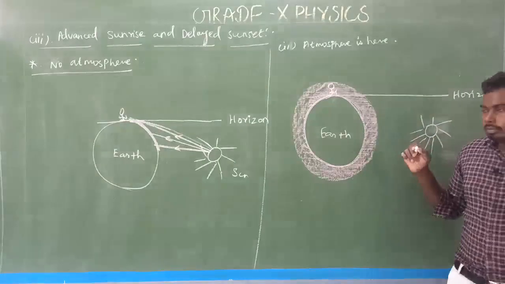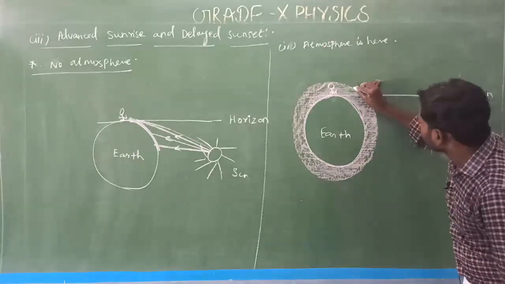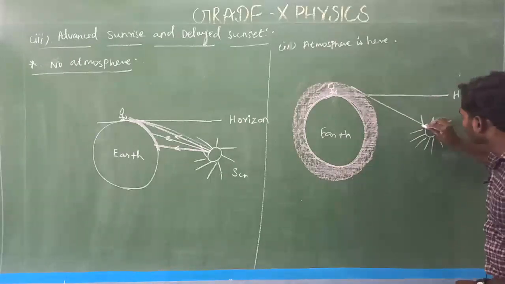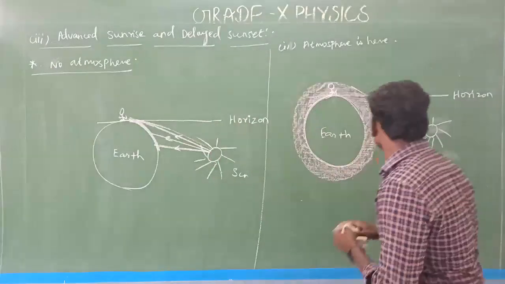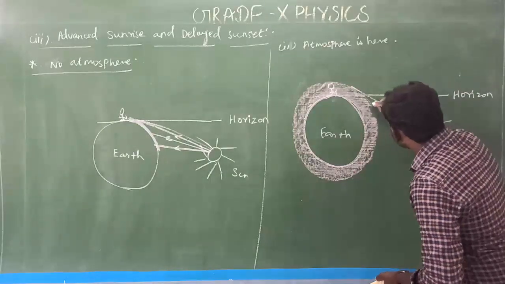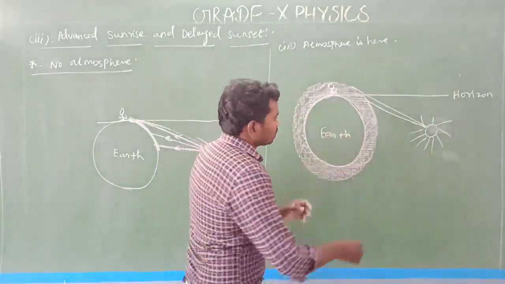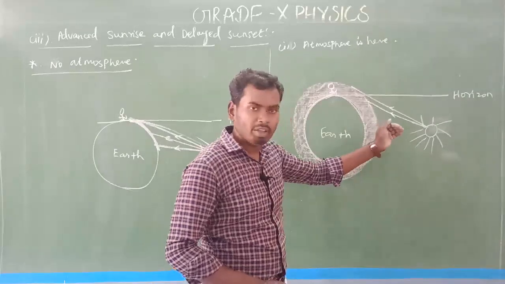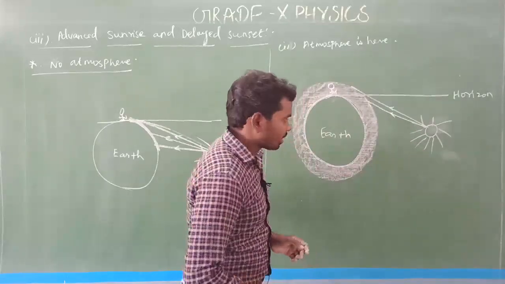Listen here. This is the first ray, which falls here over the Earth's atmosphere, and the second ray, which falls here. Can you see this? I'll draw it. Very important one. So many light rays are coming from the sun, which is located below the horizon. Am I right? Very simple.